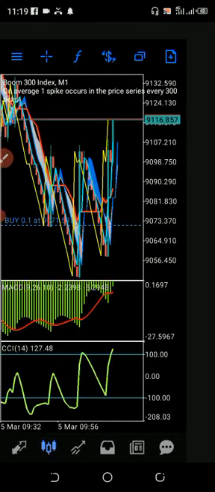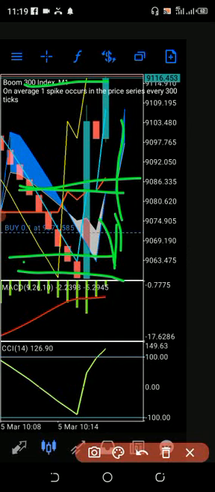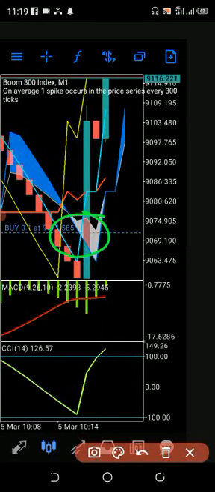You see, it's still pulling back. Can you see? It's still pulling back, still going backward. And look at my trade here. Look at my trade here. Do you see it? Look at my trade. And watch. Number two,